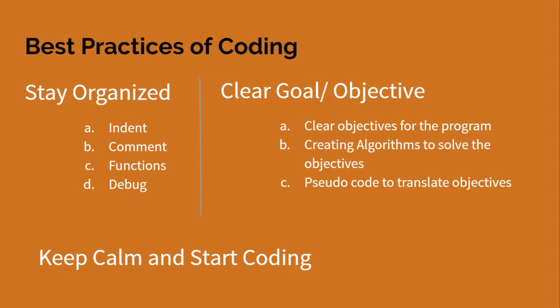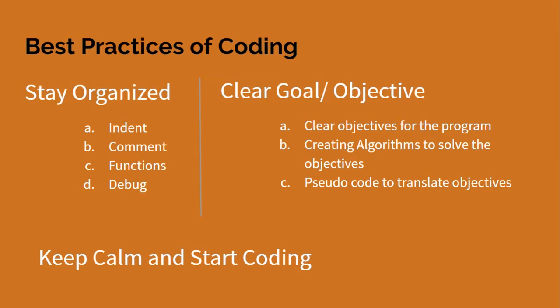Next, use functions to organize your code that can be repeated. So functions are used to run code in different areas, but it's the same code over and over. So you use functions so that you don't have to copy and paste that code all the time. And then also use debugging. So debug frequently. This is the act of fixing your program. This will help make sure that your program is running smoothly and efficiently.